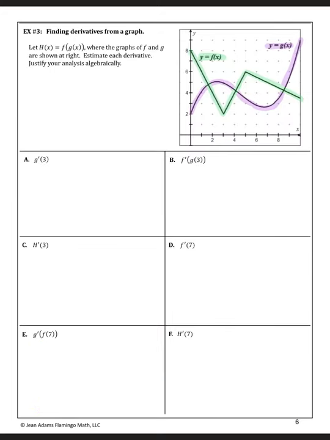Alright, on this next page we're given a graph and we need to find each of these derivatives. So let h of x equal f of g of x, where the graphs of f and g are shown at right. Estimate each derivative and justify your analysis algebraically. So I have actually highlighted these graphs in different colors just because it can get confusing trying to distinguish the two. So first we want g prime of 3. So if you look at 3